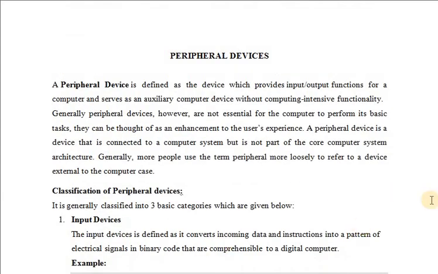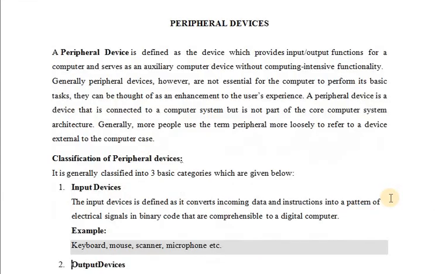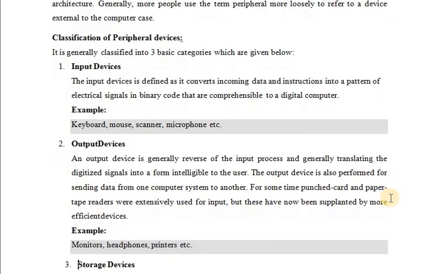See here, it is the reverse of the input process. In the input devices, the human understandable is converted into computer understandable, but in the output devices, the computer understandable is again converted into the human understandable. So we can see the output on the monitors, we can get the audio format using the headphones, and printers are used to print the documents, etc.